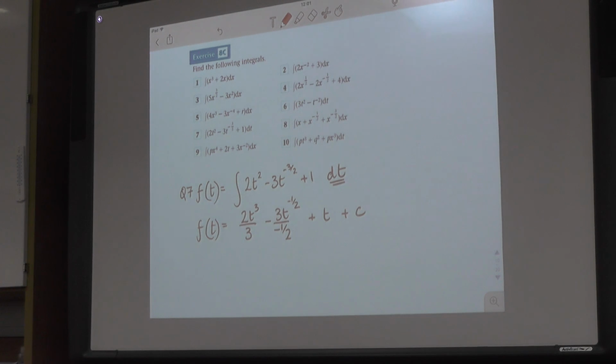I think I'll say f of t for that one. Function of t. Okay? So I'll say f of t is equal to that. You could say y in place of it instead, but it's not t. And we can tidy that up a little bit. So we get 2t cubed over 3. We're going to get a plus sign there because we've got a minus divided by minus. Dividing by half is the same as multiplying by 2, so that'll give me 6t to the minus a half, plus t plus c. Is that okay? So that's just to make you aware that instead of having x's and y's, we could have